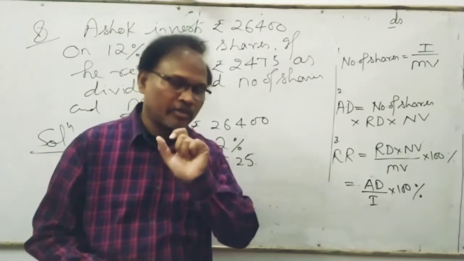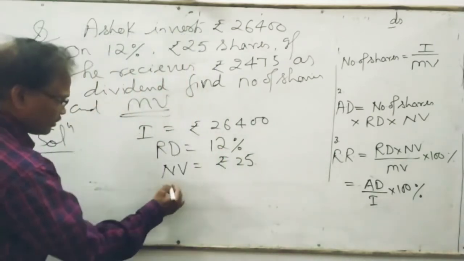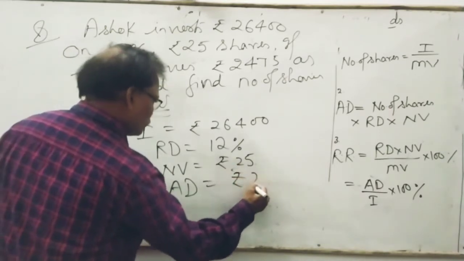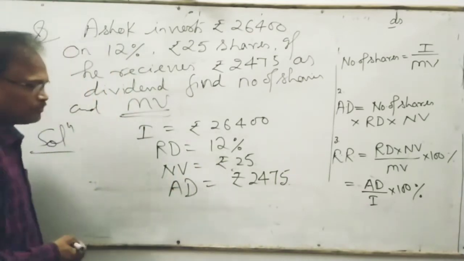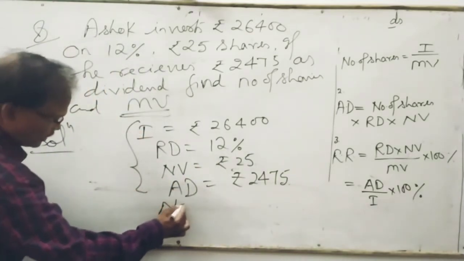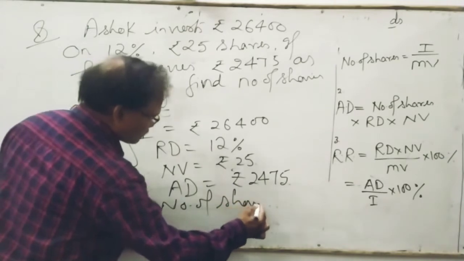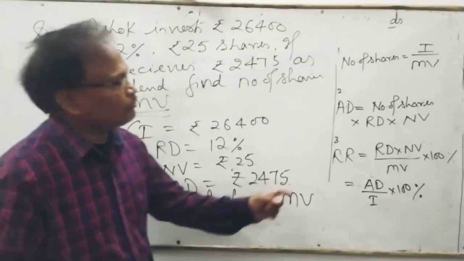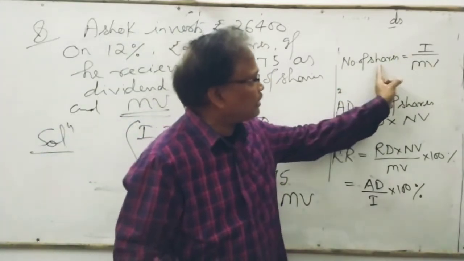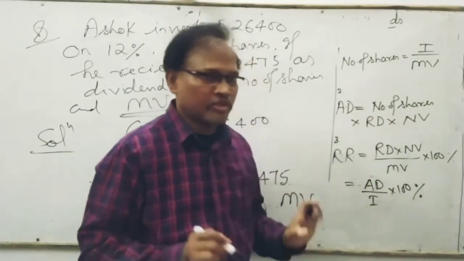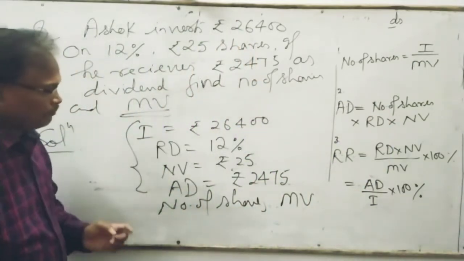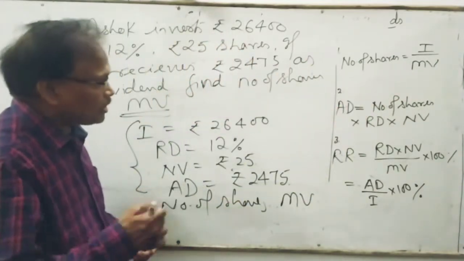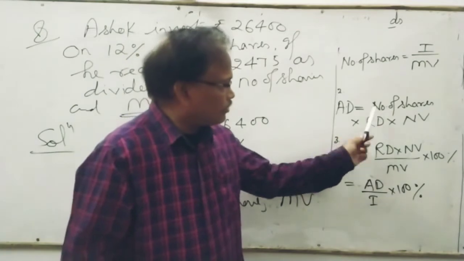So this is the annual dividend. Dividend क्या है तो इसका मतलब annual dividend. So it is annual dividend rupees 2475. Clear? These things are given. You have to find the number of shares and market value. Clear? तो means you cannot put this value क्योंकि यहाँ पे 2 things are unknown. तो investment दिया है, it is okay, but you don't have the market value, तो number of shares निकल नहीं सकता.